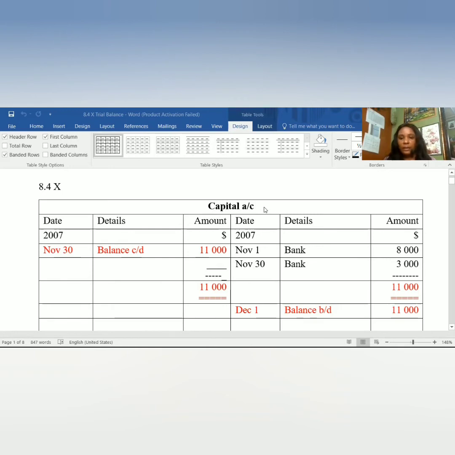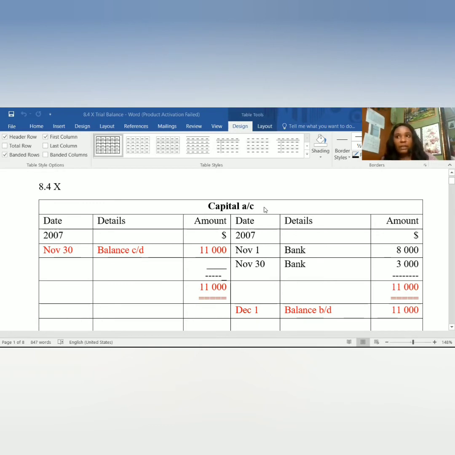I took the liberty of posting the entries because it would take too much time for me to post all the T accounts and balance off and everything on video. So I took the liberty of doing the T accounts and balancing off because we have a previous video on balancing off the accounts. So all we want now is just the balance brought down figures to put on your